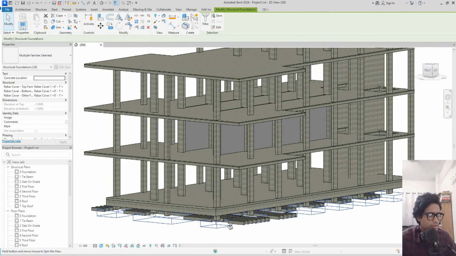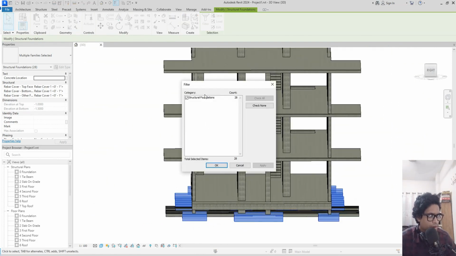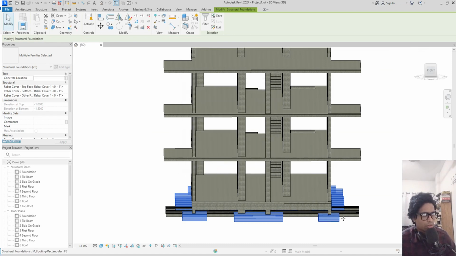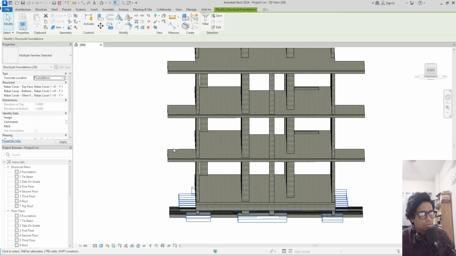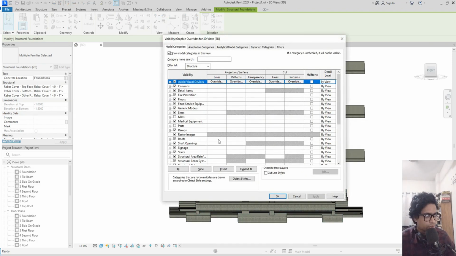All right. There's a mistake I can see. Structural foundations. Right, I will fix it later. Now let me get focus over the filterization. So the foundations now. Let me go to the visibility graphic. And from here I